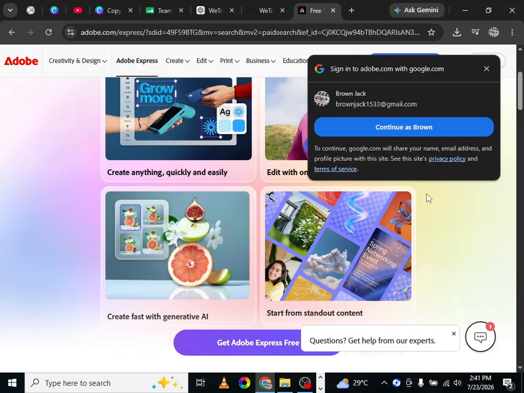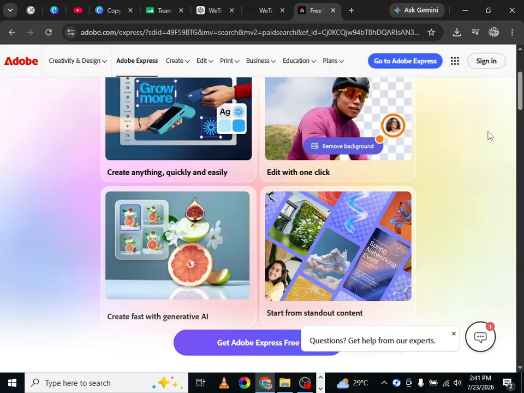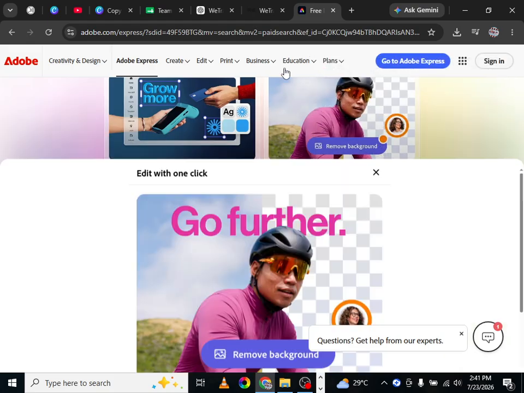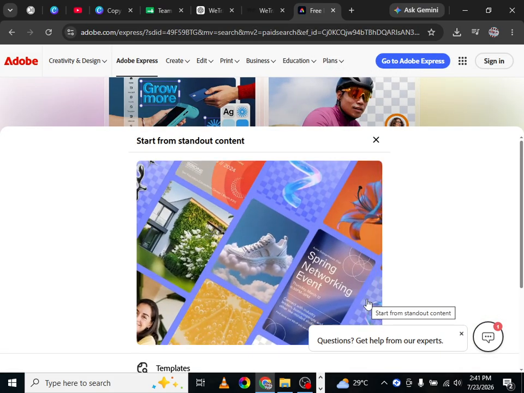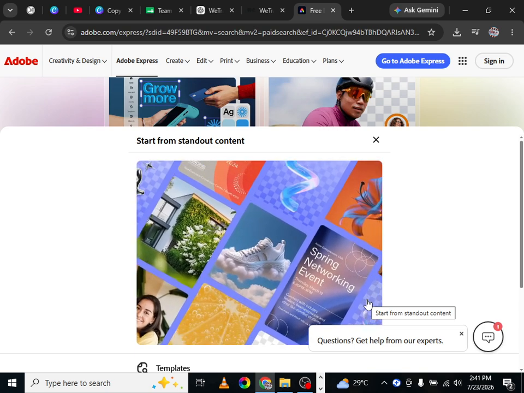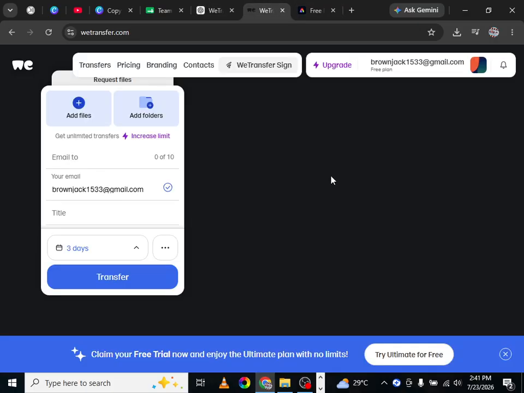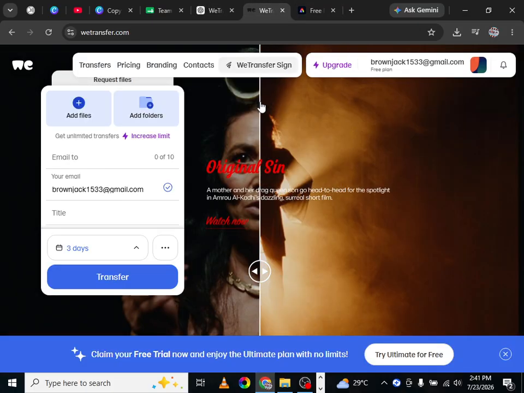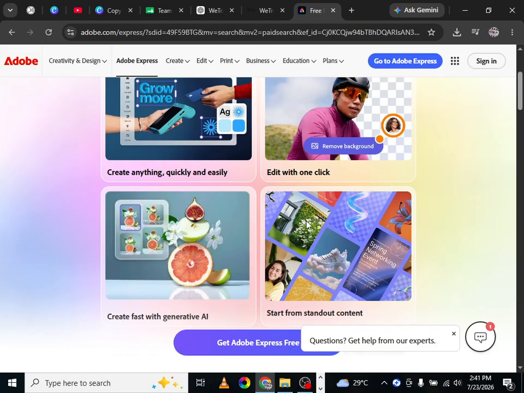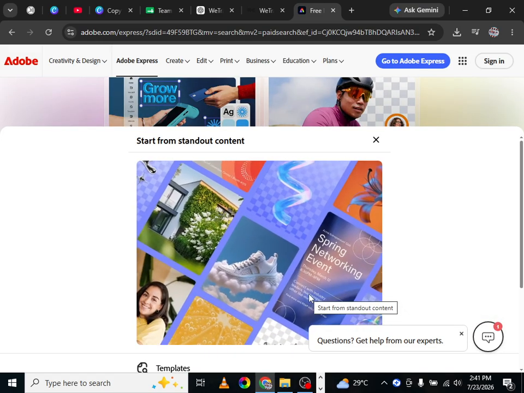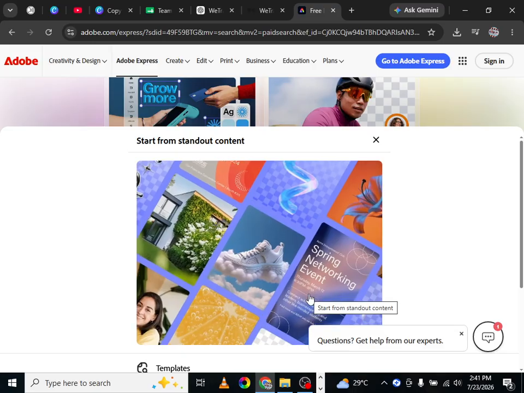If your version supports direct cloud integration, follow the on-screen prompts to connect your WeTransfer account and authorize access. When prompted, click allow or authorize to give Adobe Express permission to access the necessary files. After the connection is complete, select the images, videos, or other files you want to use and import them into